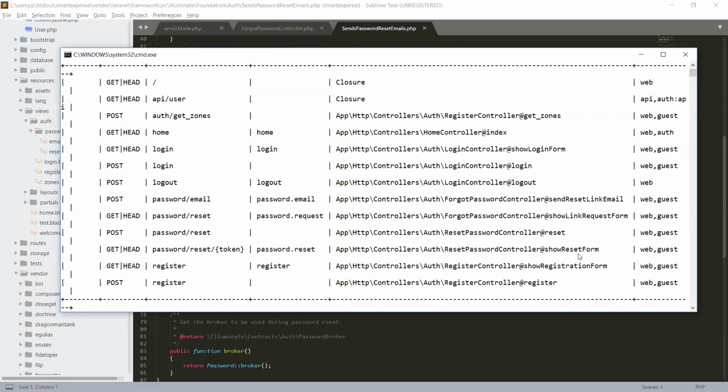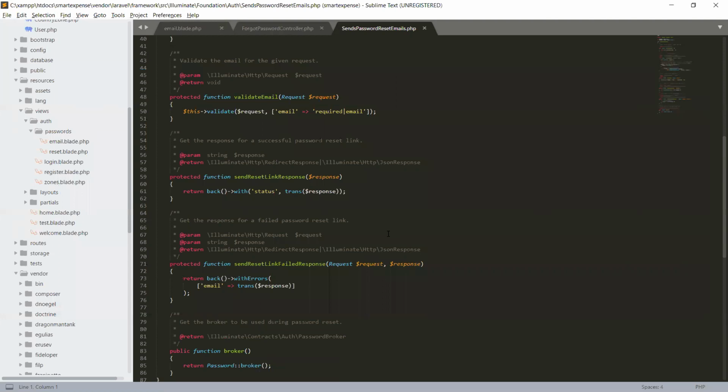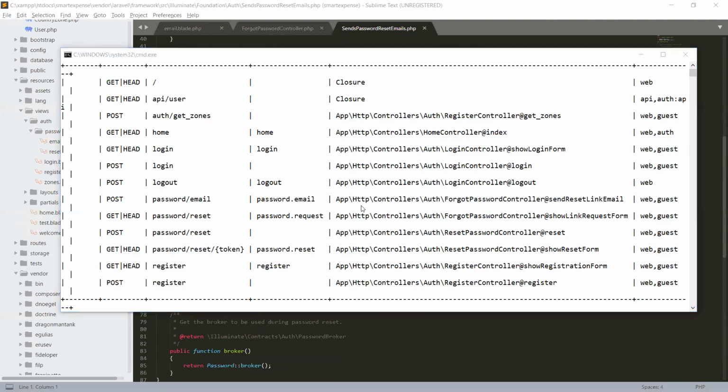So it will show the form to enter your password and new password, and it will accept it and match the token that it sent through the password reset. So when the password is reset, you can log in. So this is the way the email message goes when you enter your email.